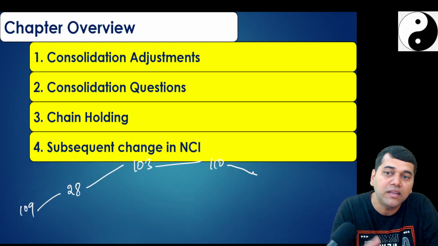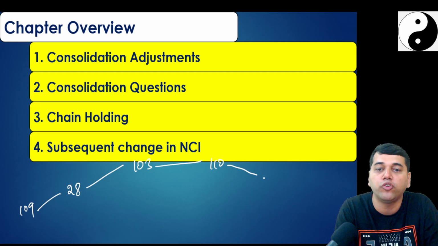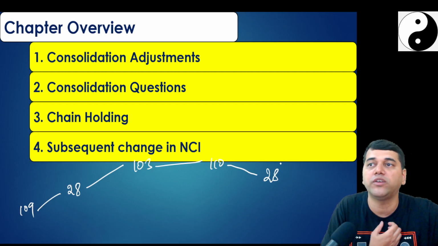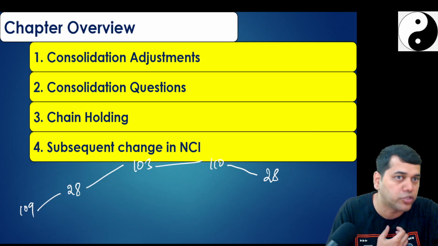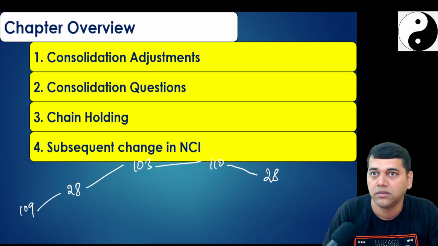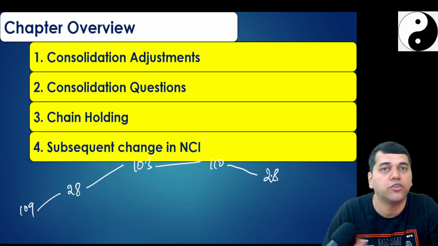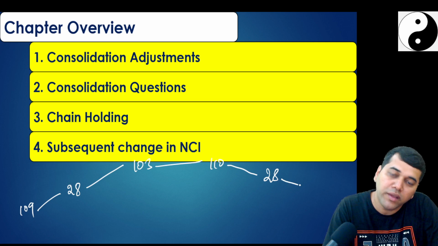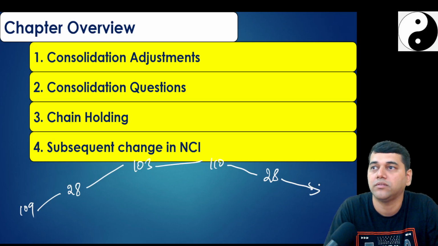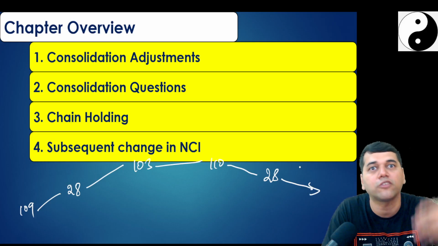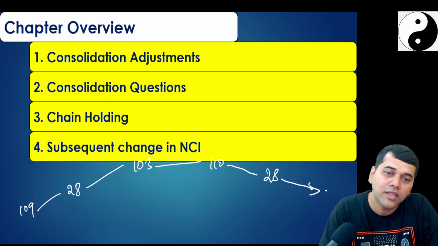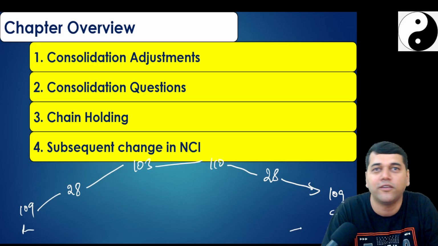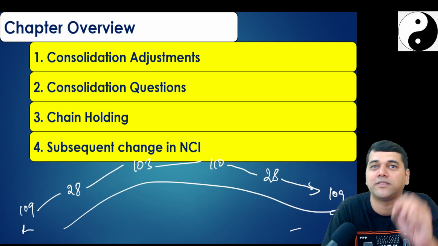From there, after point number 5, I am going to discuss loss of control. That means you lose the control over it by selling something, so your stake comes to less than 50%. And this is called a discontinuation of your 103. Then you may sell your associate also. Then you will come back, and this we discussed, loss of control over associates. Then finally we will become 109, and one day done. This is like a kid, this is like an old fellow who died one day. This is the life cycle of your investment.